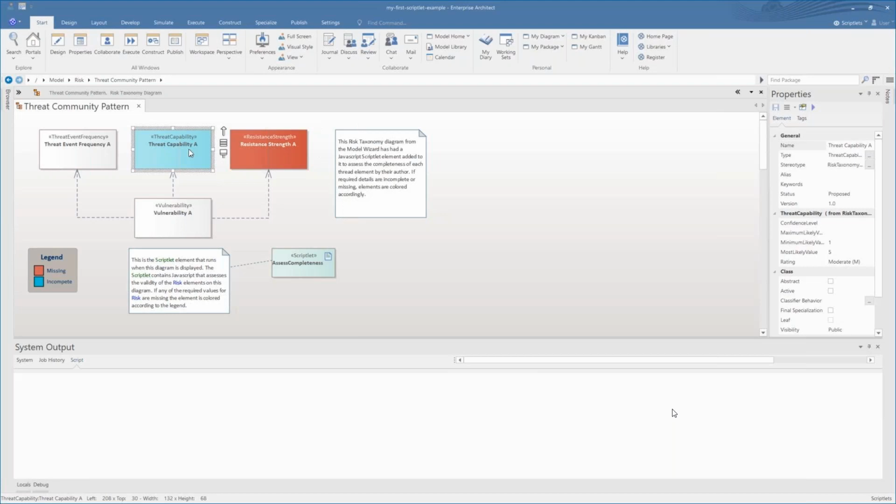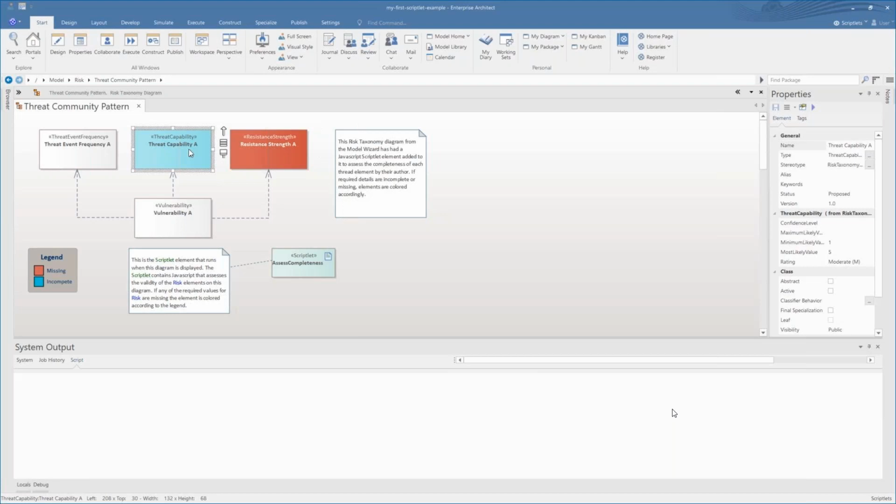Now, where you might use this is if you were modeling something in Enterprise Architect and you knew that your system specifications simply were not compliant unless every element on a diagram was complete, then you could use this scriptlet and this kind of color coding approach so that you could quickly test and check every element on screen to make sure that it was complete.